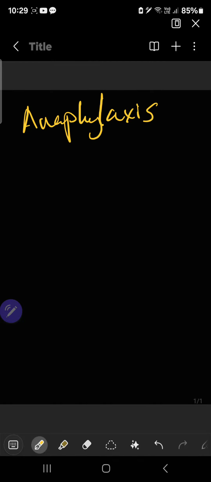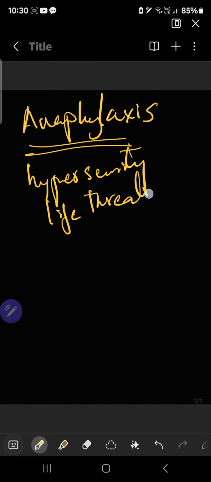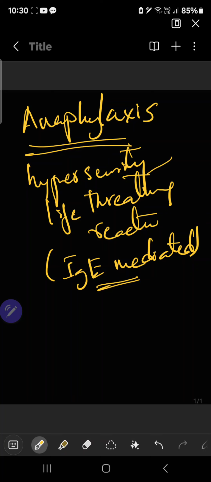Today we will discuss anaphylaxis. So, what is anaphylaxis? It is a hypersensitivity, life-threatening reaction. Basically, it is IgE mediated. What happens here is, because of this hypersensitivity, there will be rapid